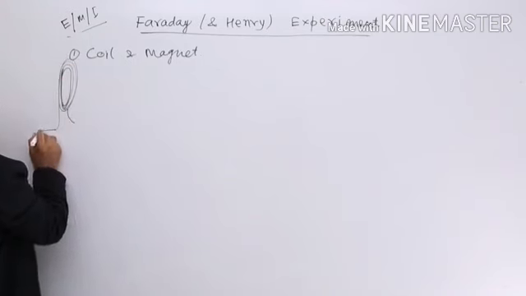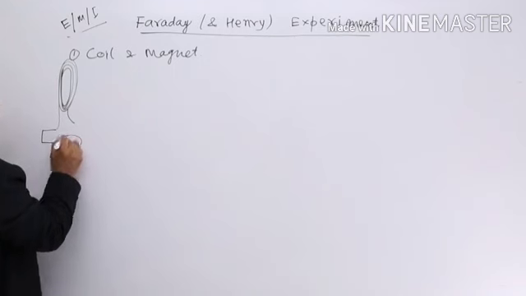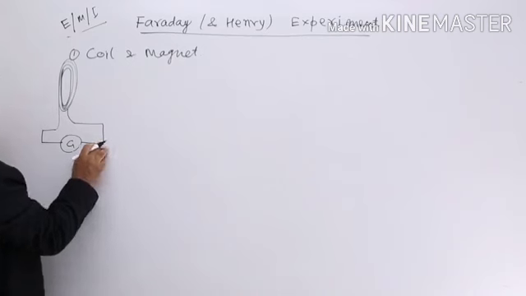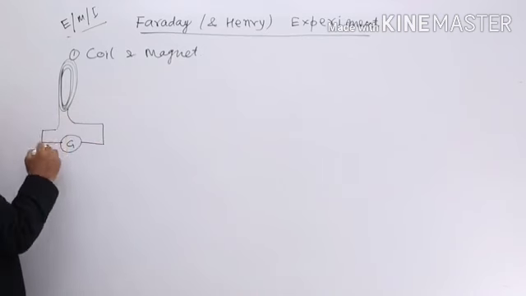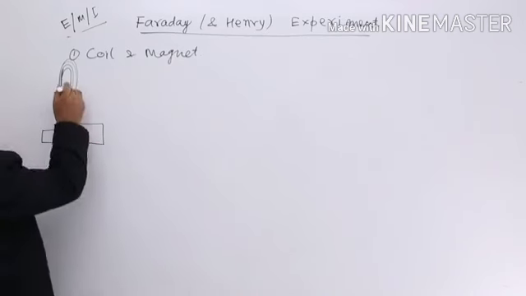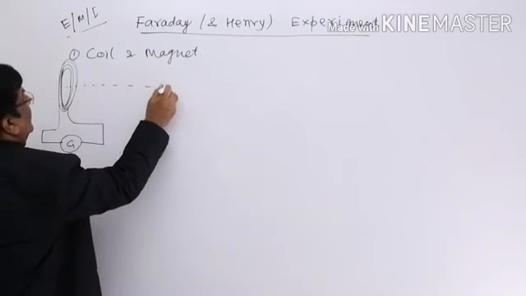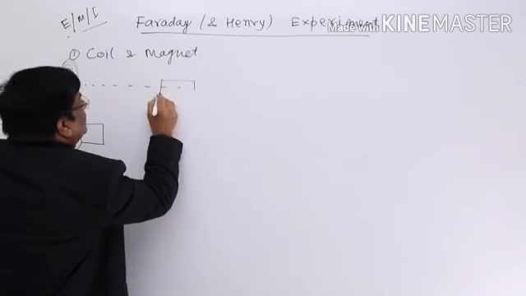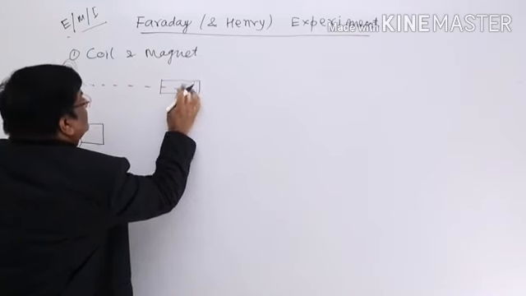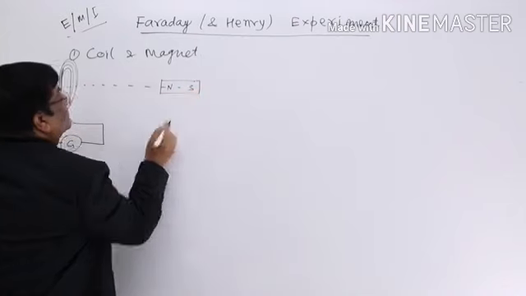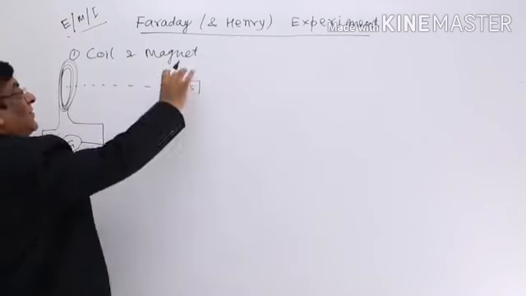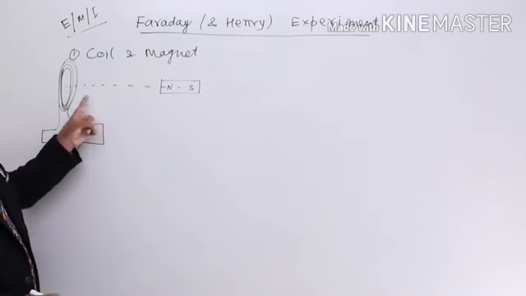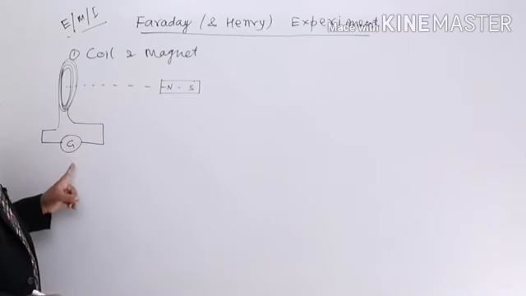and at the two ends of the coil we connect a galvanometer or ampere meter, which will inform us whether there is any current in the coil. This is, say, the axis of the coil. Here we keep a magnet and we move this magnet in this direction. When we move it in this direction, we keep observing it.